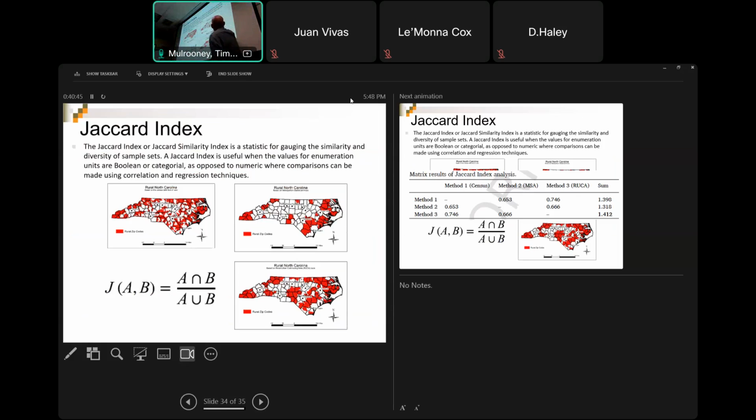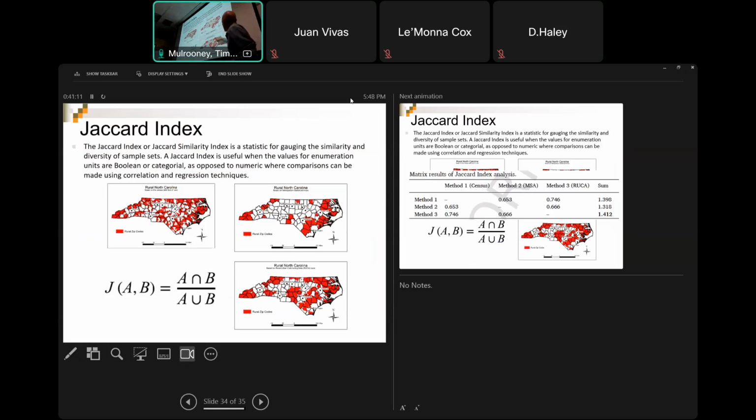These here are based on MSAs, metropolitan statistical areas, which are county level designations that say this county is metropolitan, micropolitan, or rural. Metropolitan, big city; micropolitan, middle-sized city like Wilmington or Greenville, and then everything else is rural. So these are all the zip codes in your quote-unquote rural counties.